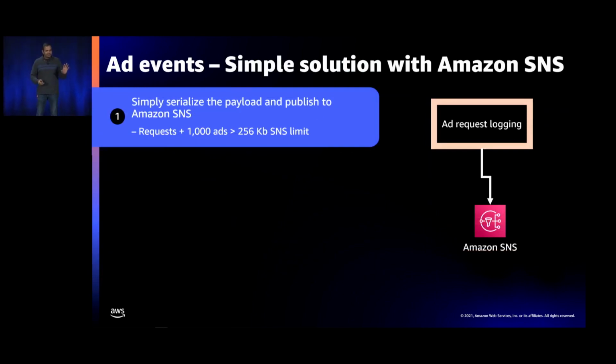We took some time. We were naive. We started simple. We loved the complexities. We thought that we could dump all the data on an SNS topic, pick it up from the other side, and everything will work fine. There were thousands of ads in every request. The 256 kilobyte payload cap of SNS would not work here.